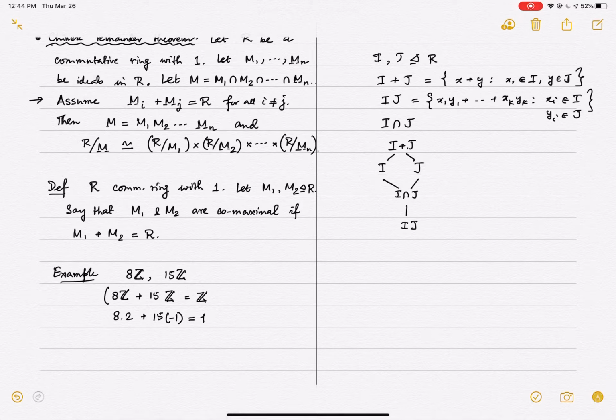So this ideal 8Z plus 15Z, my M1 plus M2, contains 1. And if it contains 1, it contains all the numbers, because once it contains 1, it's going to contain all the multiples of 1, which is all the numbers. Okay, so saying that two ideals are comaximal, so two ideals